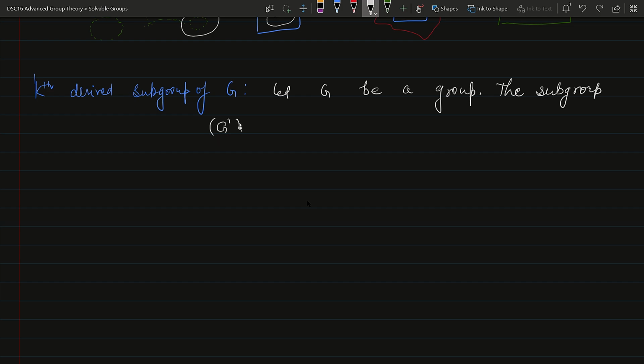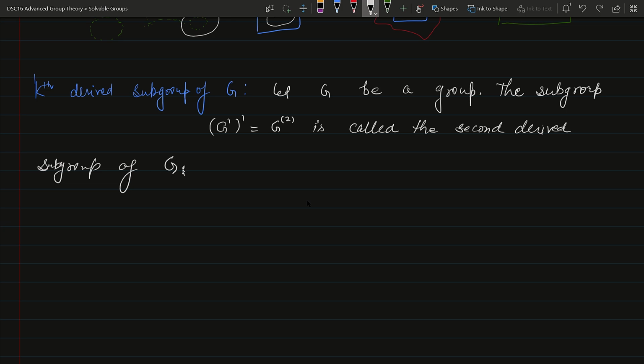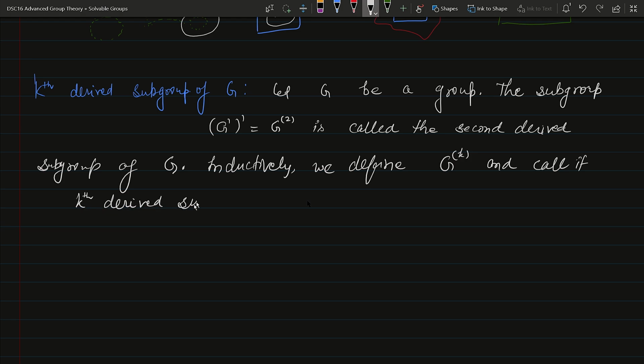Derived subgroup of G का derived subgroup of G, and we are calling this as G2, ठीक है, is called the second derived subgroup of G. ठीक है, and inductively we define G k and call it kth derived subgroup of G. ठीक है,